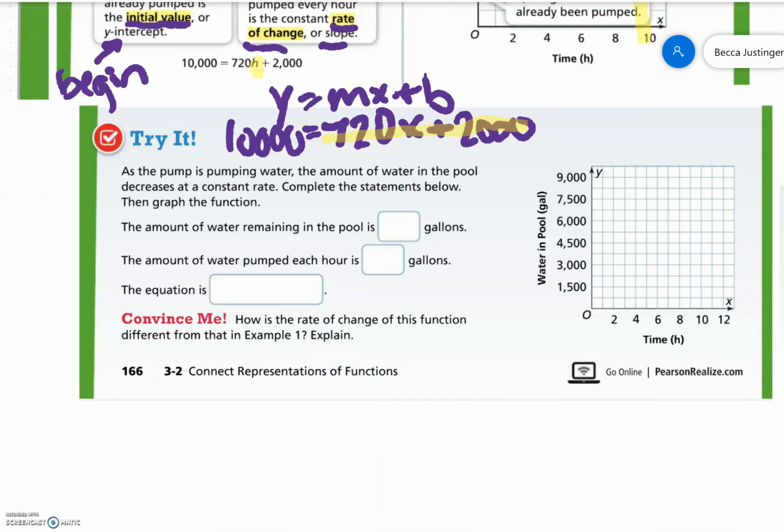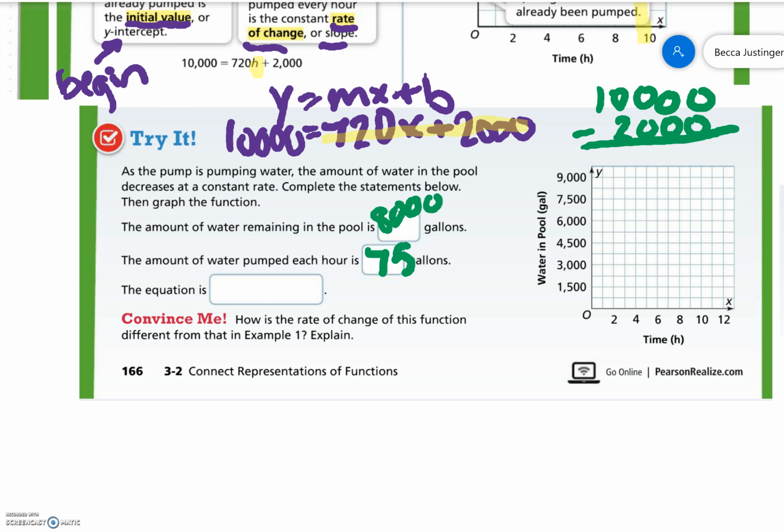As the pump is pumping water, the amount of water in the pool decreases at a constant rate. Complete the statements below, then graph the function. So the amount of water remaining in the pool is how many gallons? We know we had 10,000, but there was 2,000 already taken out. So that leaves us with 8,000 gallons. The amount of water pumped each hour is 75 gallons. So the equation is y equals 8,000 minus